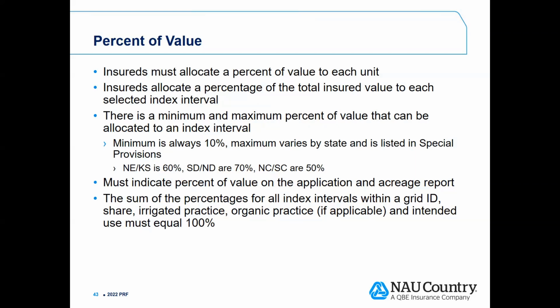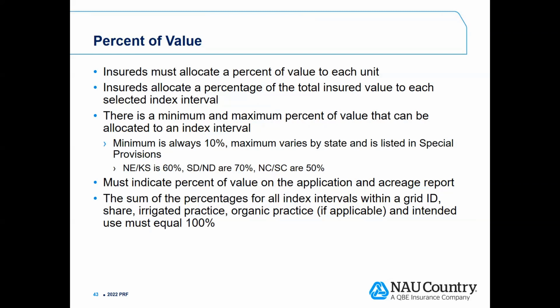They do need to be even numbers, meaning you can't do like 17 and a half if you're trying to divide it evenly. It's going to have to be 17, and then one will have to be 18 or 16. And they do need to come up, in at least the two that you're in, 2, 2, 6, to an even number of 100 when you are done. So that's how it looks when you're in there looking at the quoter, and Mark will show you that when it talks about percent of value. That's what it's asking for. It's the percent of the total number of acres that you've given us that you're dividing into each interval,